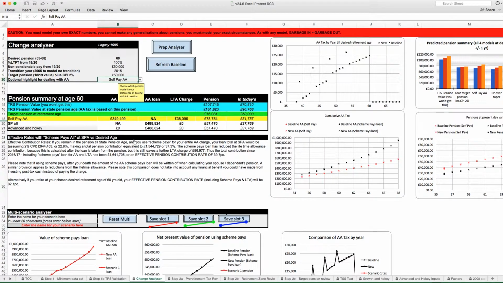So you'll remember this is our default model, and our consultant, if we were using self-pay, would have paid around £350,000 in tax and would have got a pension of 78,754. And of course that needs to be adjusted for inflation, so it's around £51,000. But if we remember that value of 78,754, and conversely, if we then highlight the scheme pays option,